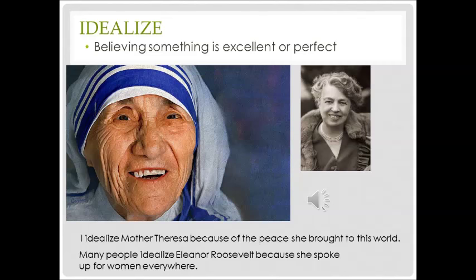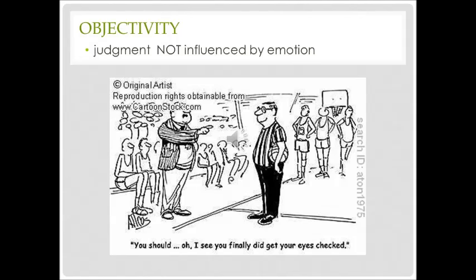Our next word is objectivity. Objectivity is a noun. It means judgment not influenced by emotion. So if you have objectivity, you don't have bias one way or another. You want your referees and your judges to have great objectivity. That means that they don't feel strongly one way or another. To be objective is the adjective form of objectivity. That means that you have an open mind and you don't have bias either way.